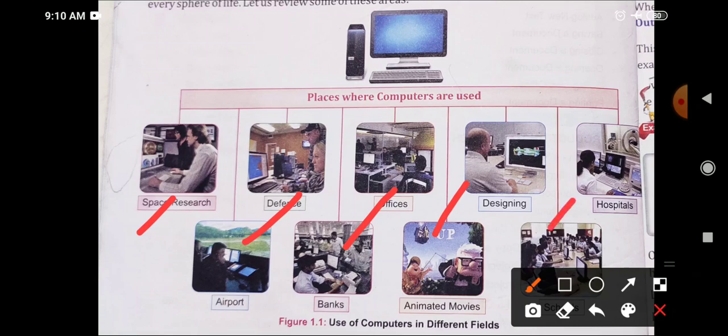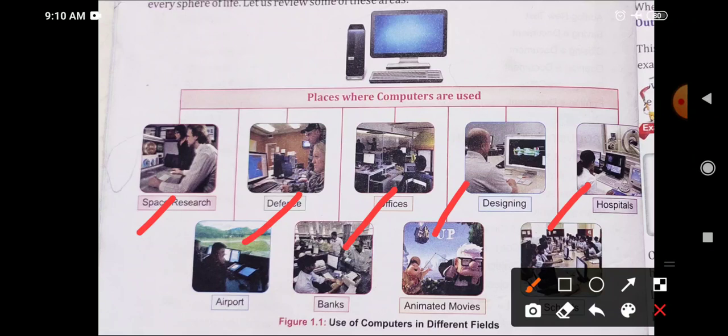Next is hospitals. How computers are used in hospitals. Major uses of computers in medicine include hospital information systems, data analysis in medicine, medical imaging, laboratory computing, computer assisted medical decision making, care of critically ill patients, computer assisted therapy, and so on.